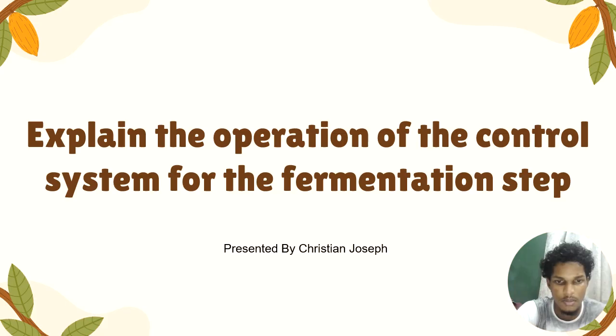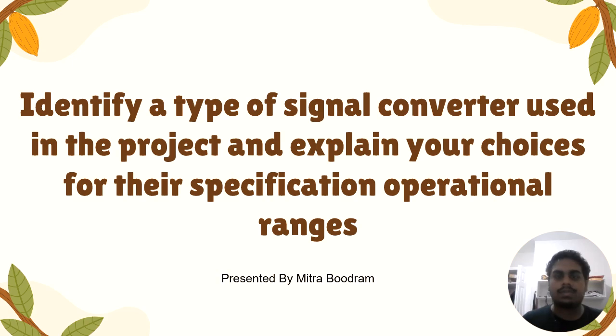While the timer is below the required duration, discharge equipment is interlocked. When the set time has elapsed, the PLC flags the batch as fermented and allows beans to transfer to the downstream dryer. Identify a type of signal converter used in a project and explain your choices for the specification operation